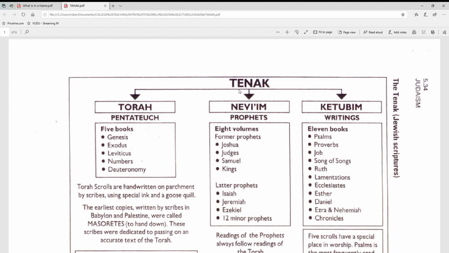With all that being said, the other reason for the discrepancy in spelling is because it's actually not even a word. To be honest with you, it's an acronym, because there's three parts to the sacred scripture of Judaism. The T is the first part, which stands for Torah. The middle second part is Nevi'im, beginning with the letter N. And then the third and final part is Ketuvim with a K. So it's actually an acronym,